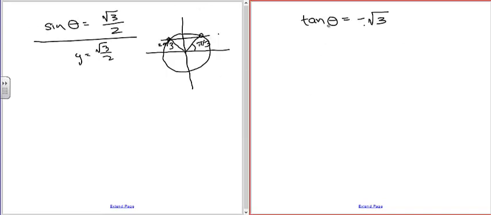Now when you have tangent, it's a little more difficult. You can figure out what quadrant they're in. And the quadrant is quadrant 2 and quadrant 4. All students take calculus. So in the second and fourth quadrant, the tangent is negative. And you can think back to actually the first quadrant. If you have the sine, the cosine, and the tangent,